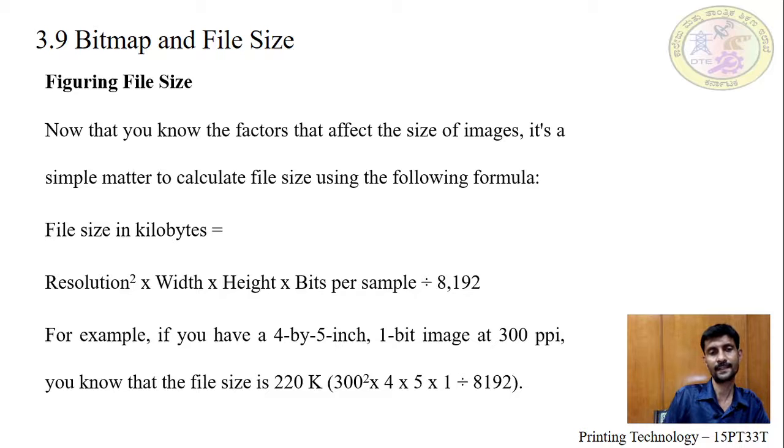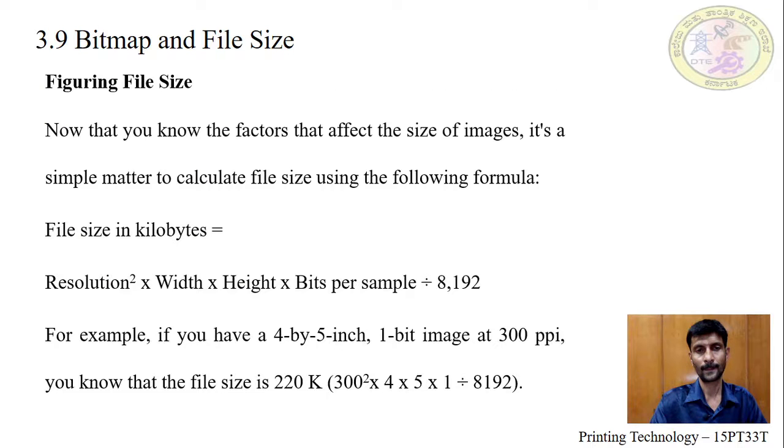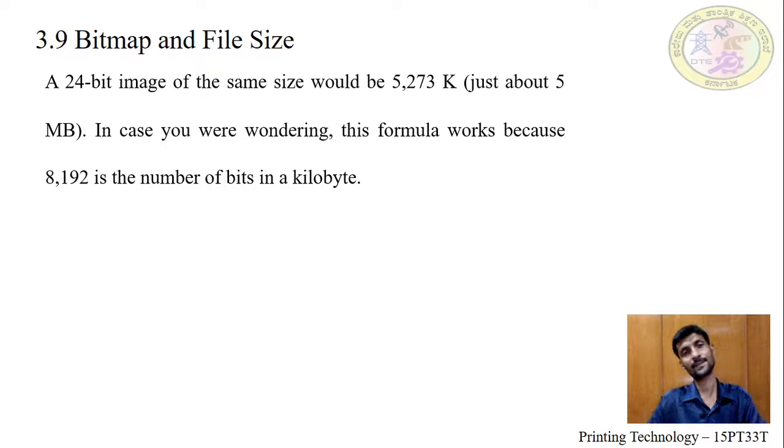Now we will see the file size, 220 kilobytes is equal to this much. Then file size in kilobytes, we have already seen this. Similarly, a bitmap image of the same size should be